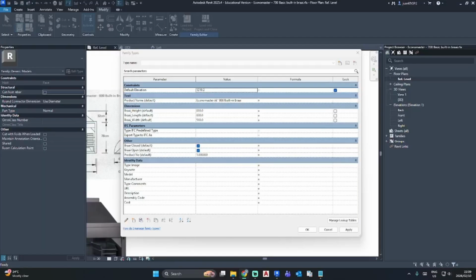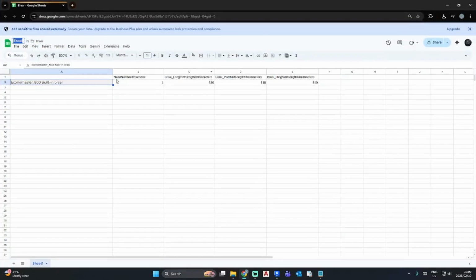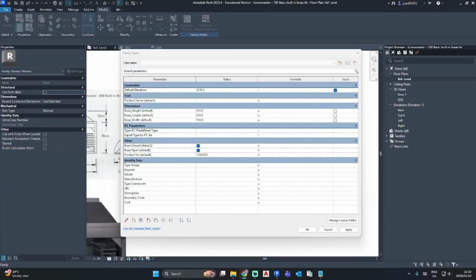So now we are going to set the parameter for this first product name. As you can see, we've got the name, we've got the number, hashtag, hashtag number, hashtag, hashtag general, and then we've got our dimensions going. So now since we've loaded it, I've put product number as 1. So let's go size lookup,